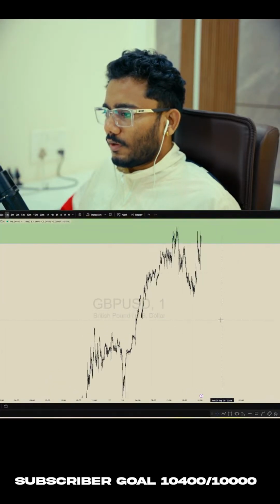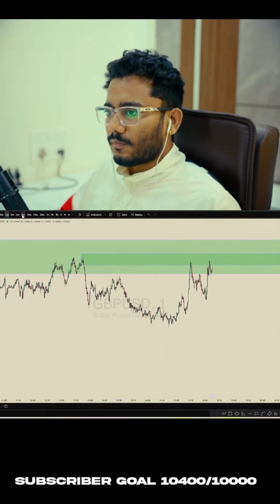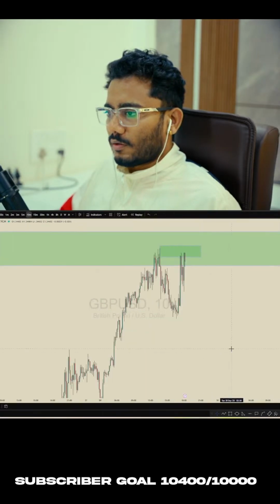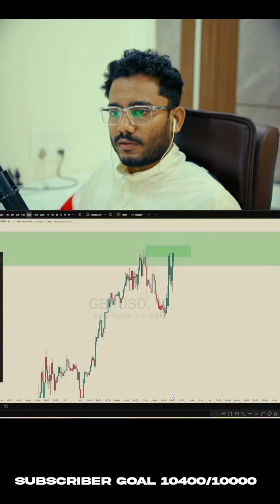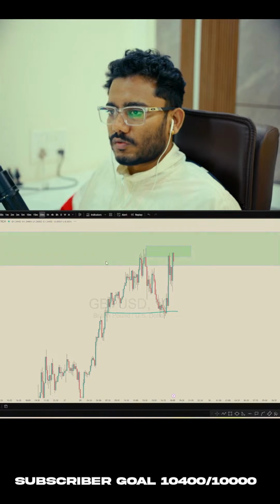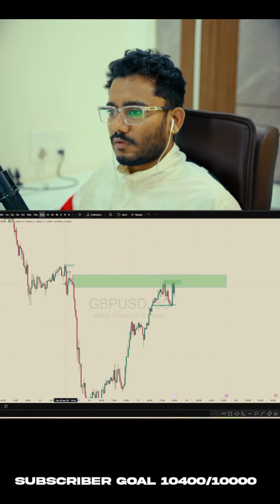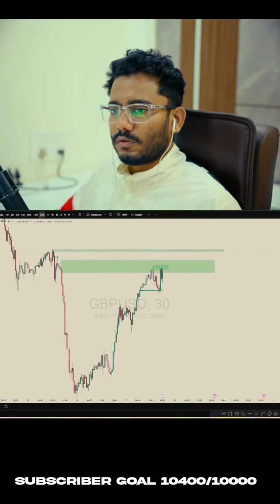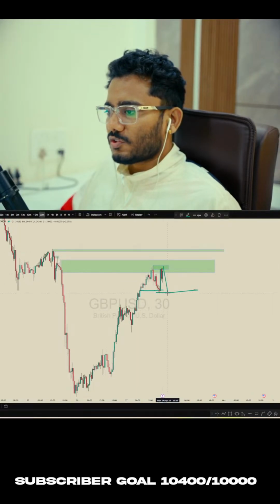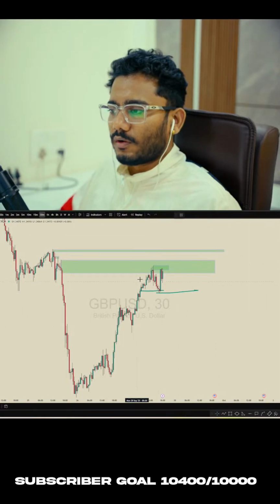So right now, either it will react from this order block, but because price has reacted from this area, that's why it will just continue to upside and then we will see reaction. So it's better that we look for any CHoCH over here. So we have this extreme order block on GU, or I like to see a structure break and then continuation to the downside. It's still continuing to the upside from here.